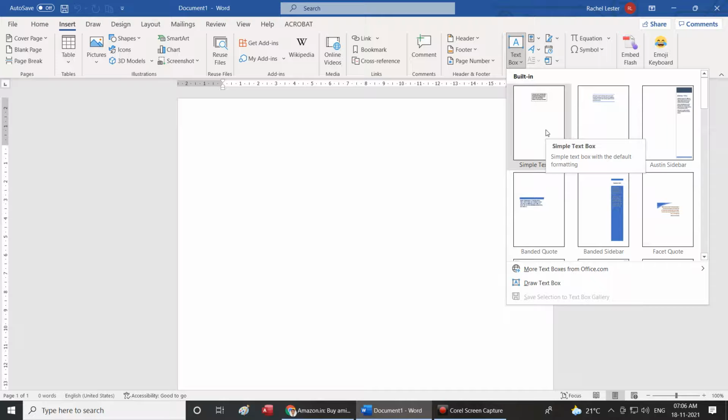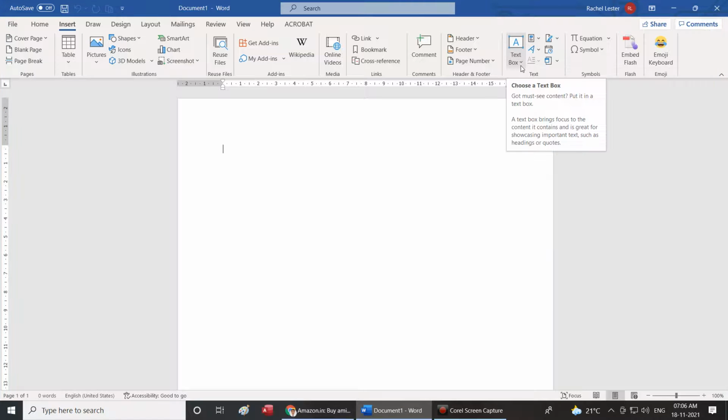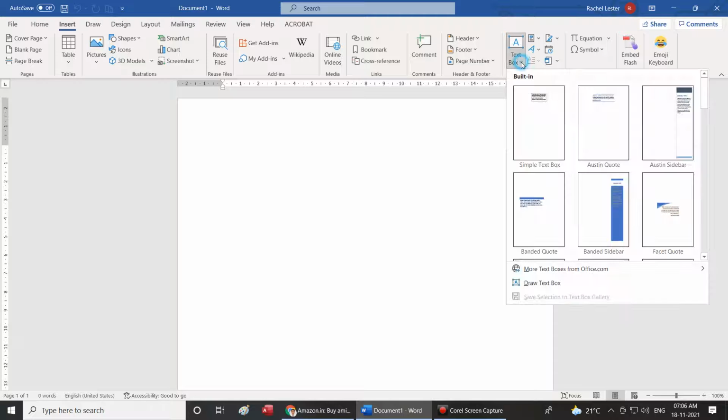The insert text box option has the following built-in text box options.